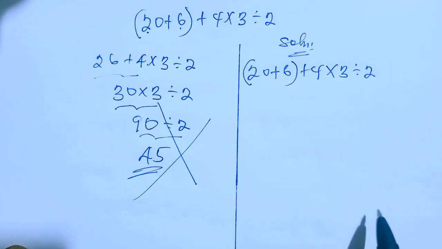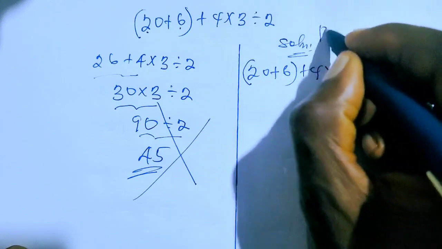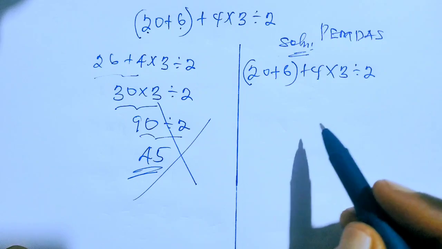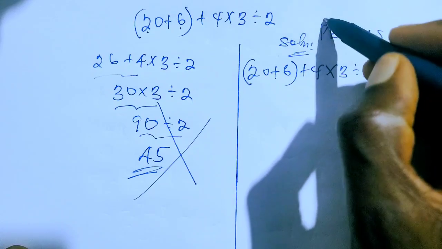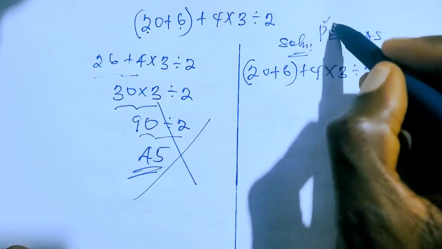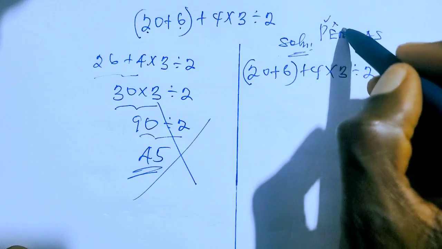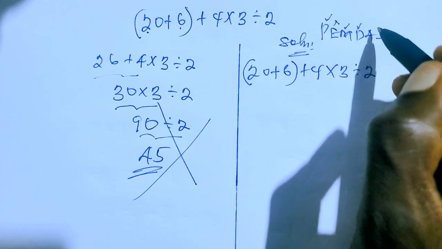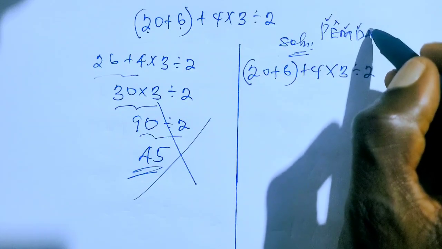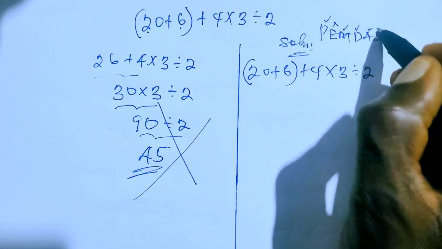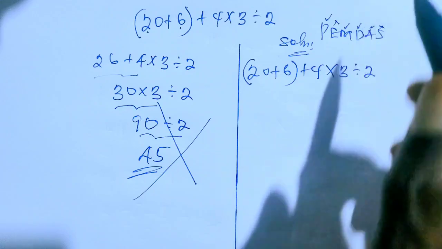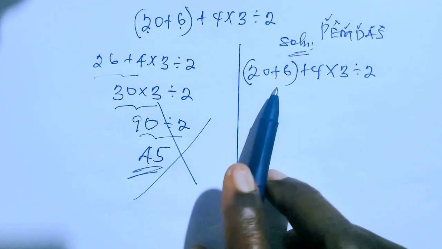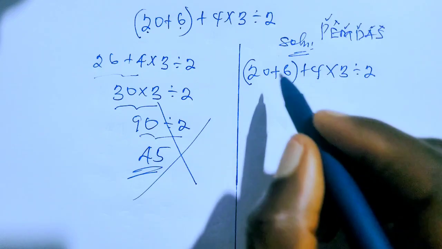Now right here, we are going to follow this order of operation called PEMDAS. In this expression, we have parentheses, we don't have exponent, we have multiplication, we have division, we have addition here in the parentheses, we don't have subtraction here. Now, following this order of operation, we are going to simplify the term inside the parentheses first, and we